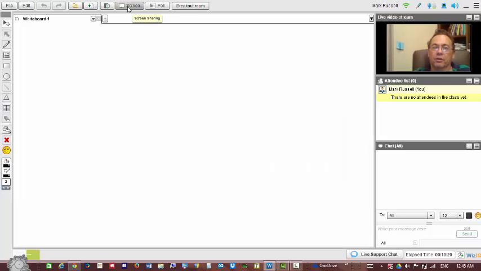I can share the screen with them. It says screen sharing. I can't actually share it at the moment because there has to be someone to share it with, and I'm the only one in the classroom. I can give polls, have students take polls. I rarely do that. There's also breakout rooms, though, and what I use that for is if I have two